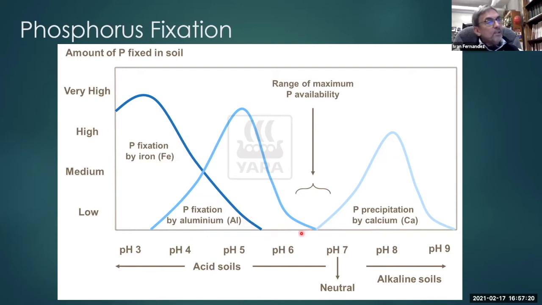And as soon as we get below about 5.5, you can see aluminum is really very active. This has it a little more reactive above 6 than I probably would have drawn the curve. But nevertheless, as pH goes down, aluminum combines with phosphorus and is very effective at fixing it, precipitating it, and